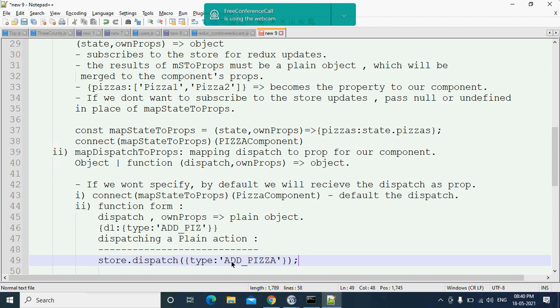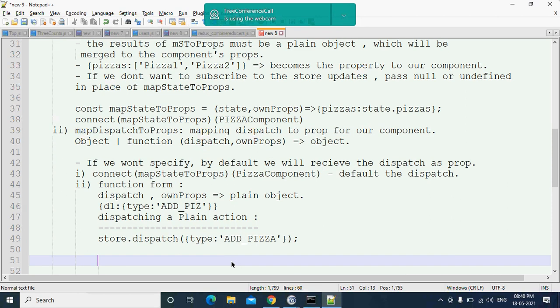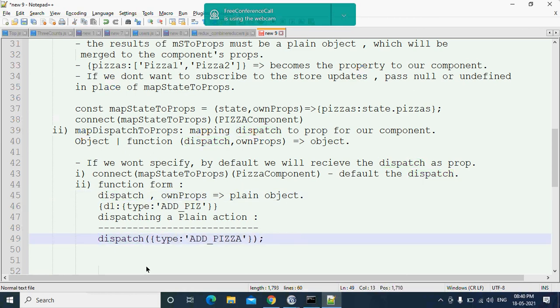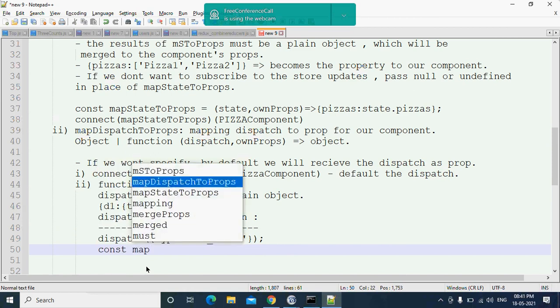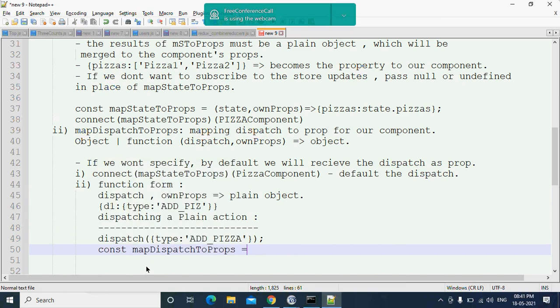To our function mapDispatchToProps, the function form, it is passing the dispatch function directly for us. So we no need to specify the store dot dispatch here. The final function will be something like const mapDispatchToProps equal to